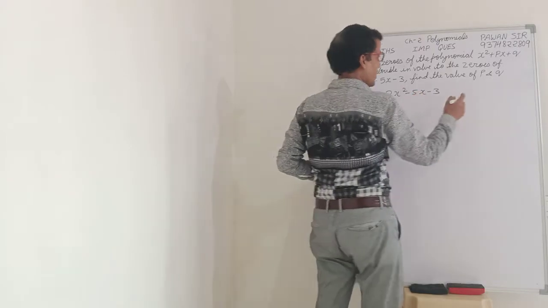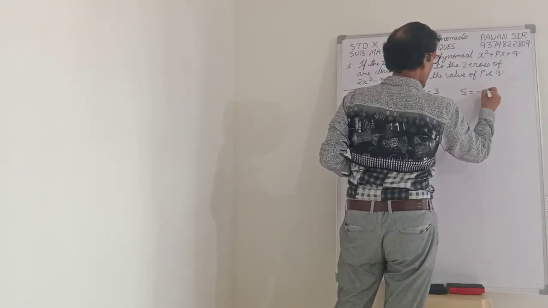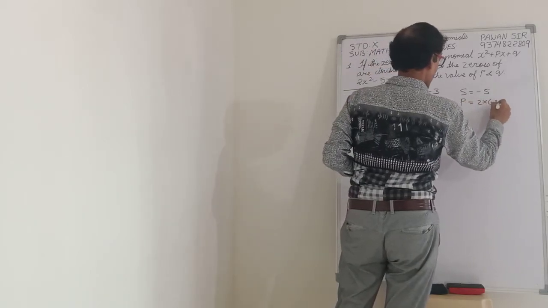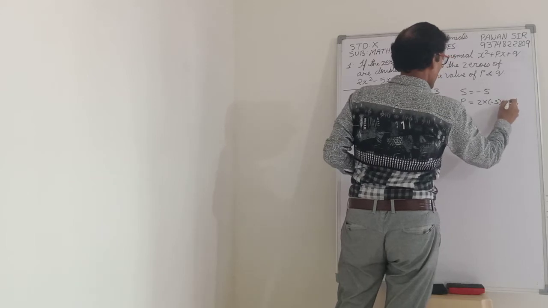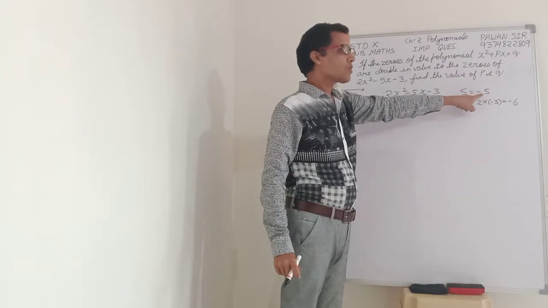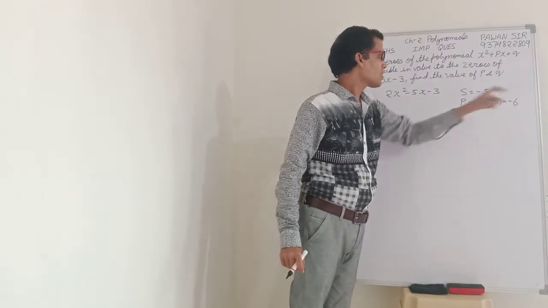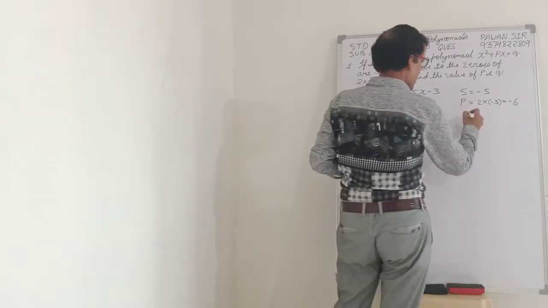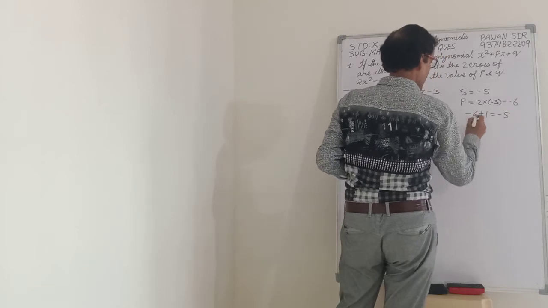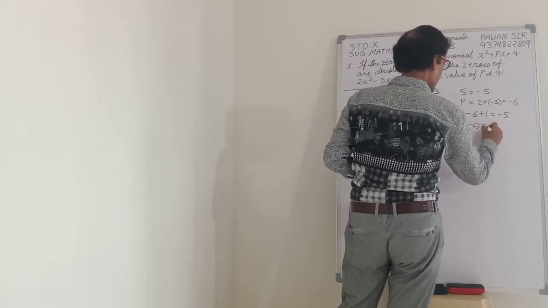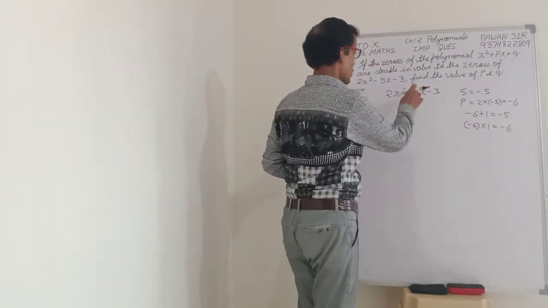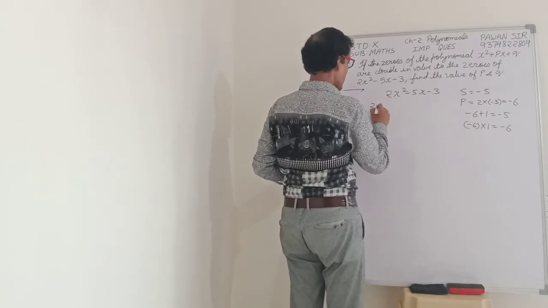We have to find two numbers whose sum is minus 5 and product is minus 6. You can see that minus 6 plus 1 is equal to minus 5, and minus 6 into 1 is minus 6. So the two numbers are minus 6 and 1. So we split this term and write it as,